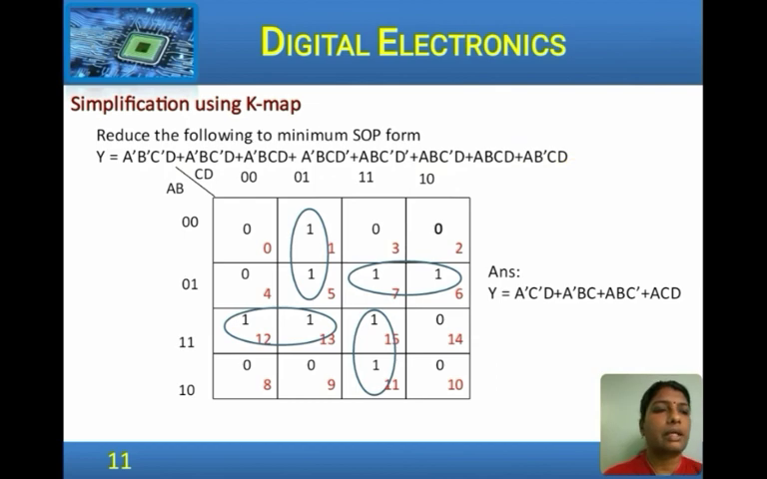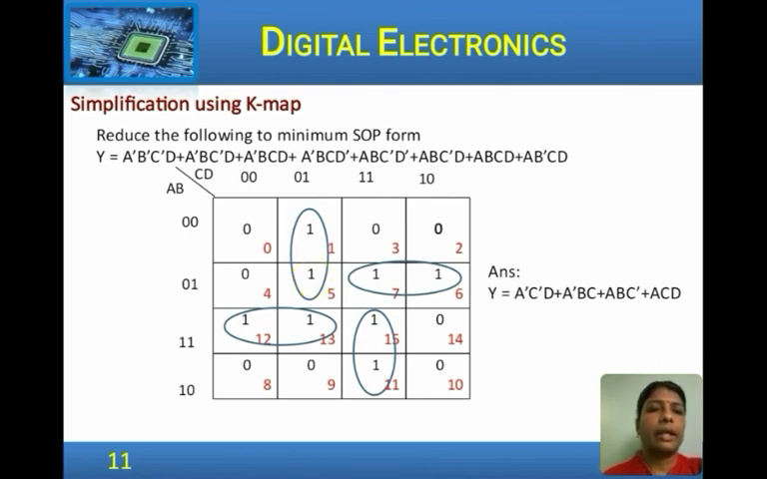For all the terms that are available over here, represent the output value as 1 in the K map. A dash, B dash, C dash D, that is 0, 0, 0, 1. So, 0, 0 AB, 0, 1 CD. So, it is this cell, write the value of 1. Similarly, A dash, B, C dash D, that is 0, 1, 0, 1, again a 1